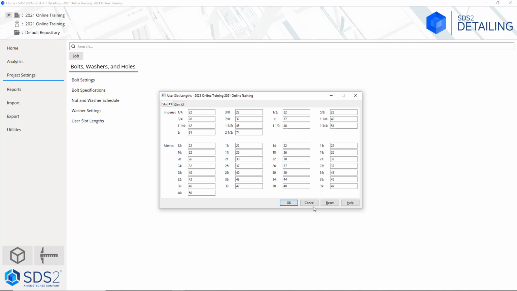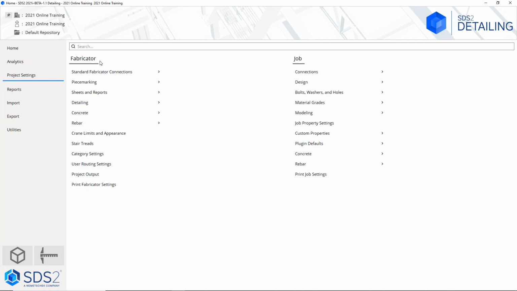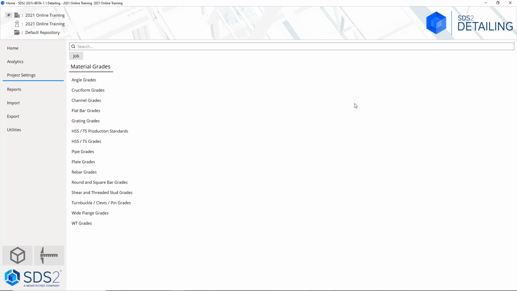Now I will cancel out of this, and I will go back to my job settings. And next we'll be looking at our material grades. Material grades is where you can go in and set up your default steel grades and production standards for different material types. So if I click on the angles here,